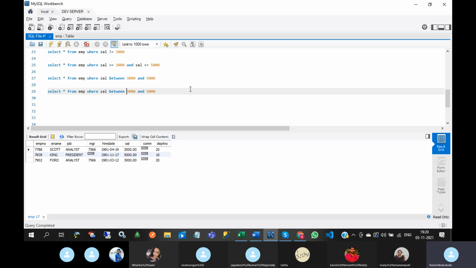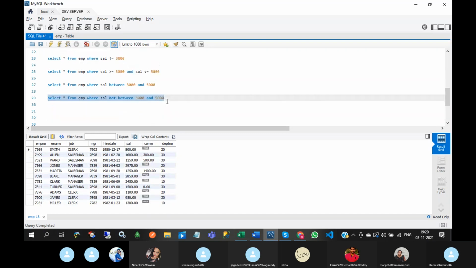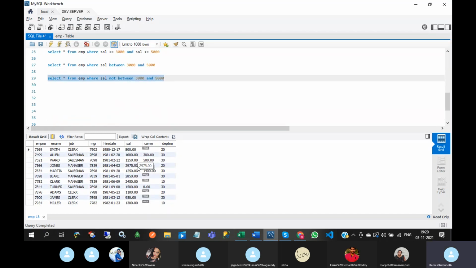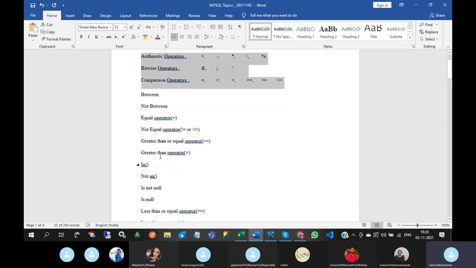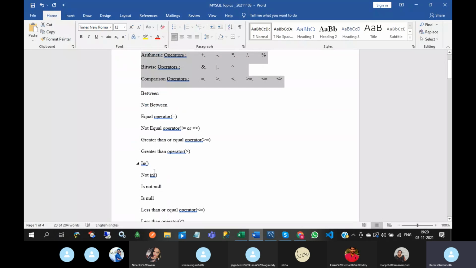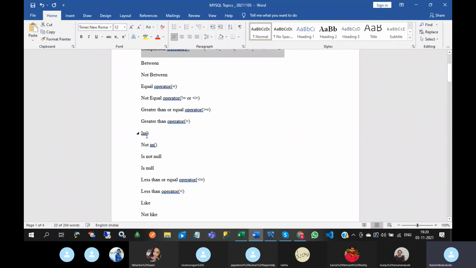And another operator is not between. So here you will not get the employee details whose salary is not between 3,000 and 5,000. Okay, that is not between operator. And all these are completed: greater than or equal to, less than or equal to. In already we have seen that.